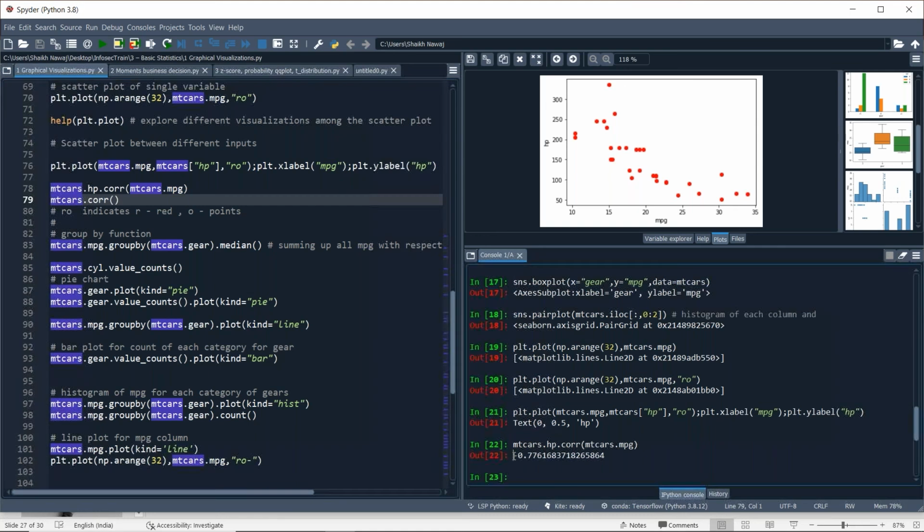So our correlation is nothing but this, minus 0.77. But here we just saw there is a non-linear relationship, because in the correlation coefficient we are using a formula to calculate the value.